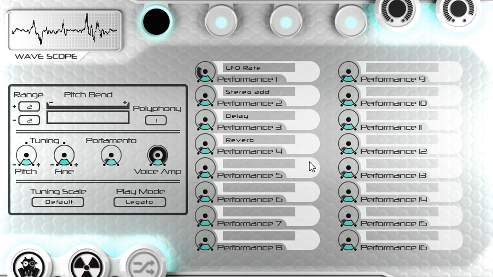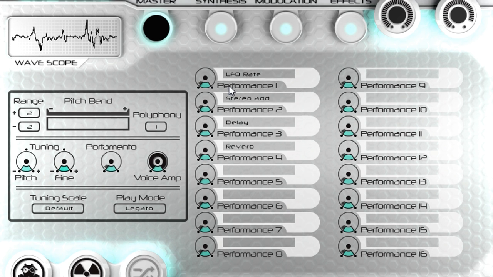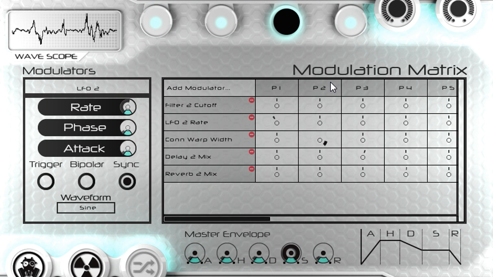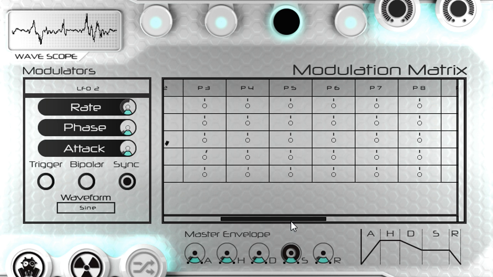The first one is now labelled LFO rate, and sure enough, it changes the speed of the wobble articulation, stepping through various fractions of the project tempo. However, what if I wanted the knob to speed up the wobble instead of slow it down? Let's switch to the Modulation tab to reveal the modulation matrix. Here we have all active modulators listed along the top, including the performance controls,